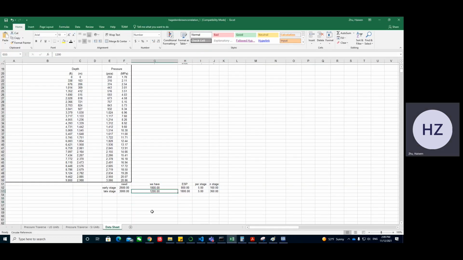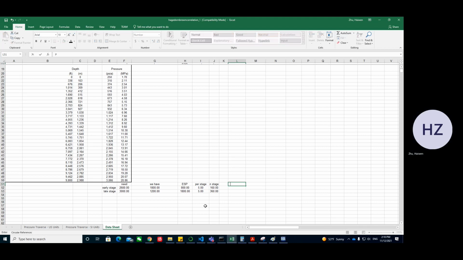So if we assume our bottom hole pressure is 1200, and our P reservoir. So our index is 0.6, and then our P reservoir